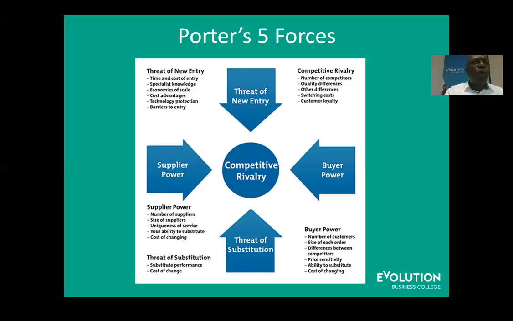And so you look at all that and say, if I have to enter, how much will it cost me? How long will it take me? And what are the advantages and disadvantages? So you're looking generally at your barriers. Now, once you're in there, let's assume you can enter, and you look and say, whilst I'm in there,